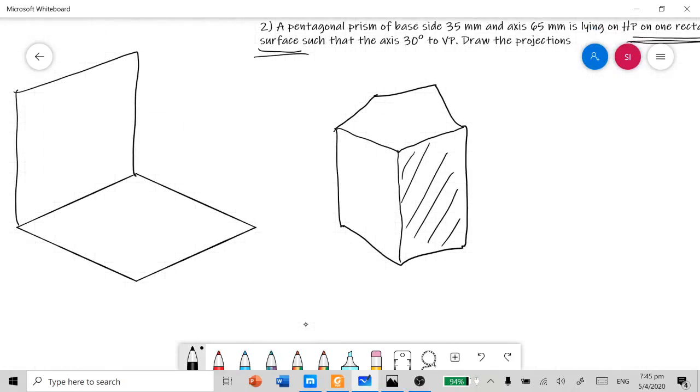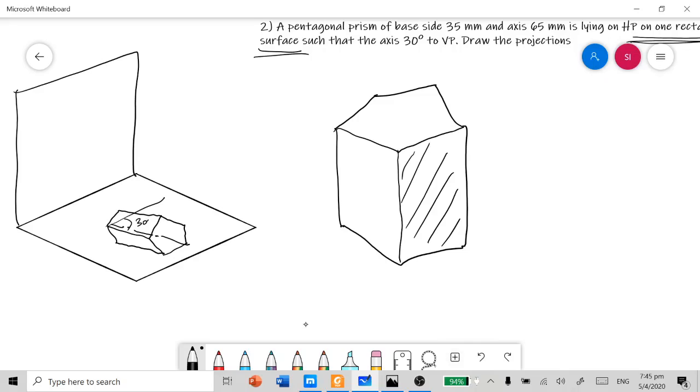So this pentagonal prism is going to rest completely on the HP by a rectangular surface, and at the same time its axis is making 30 degrees inclination with VP and is parallel to HP. This is the condition of the solid now.